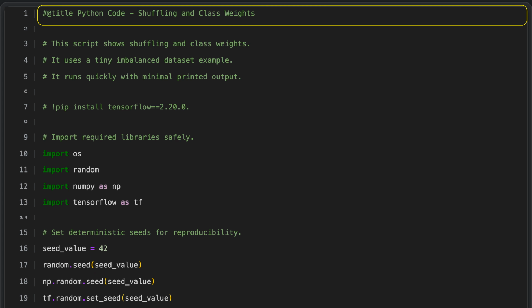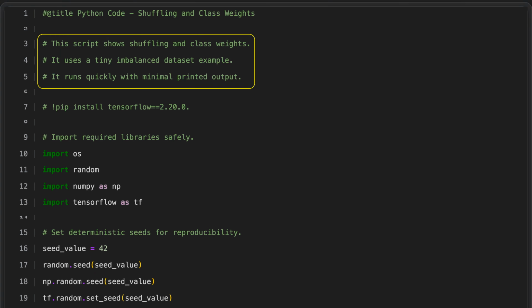Python code, shuffling, and class weights. This script demonstrates how to use shuffling and class weights on a small, imbalanced dataset. It is designed to run quickly so you can see the effect of these techniques without long processing times. The output is kept minimal, focusing only on the key results needed to understand how shuffling and class weighting work